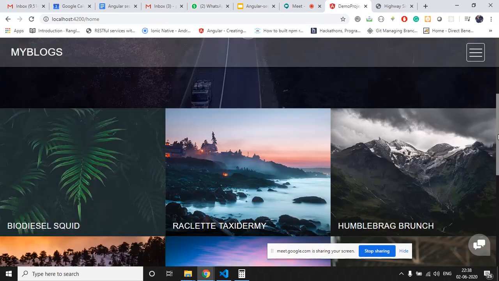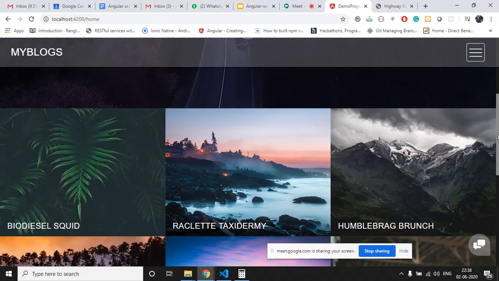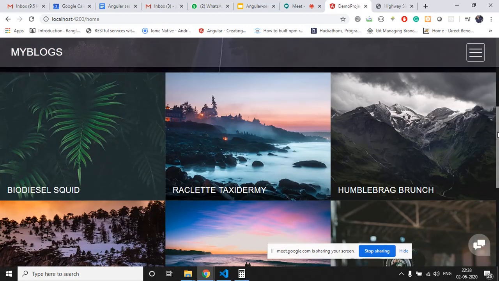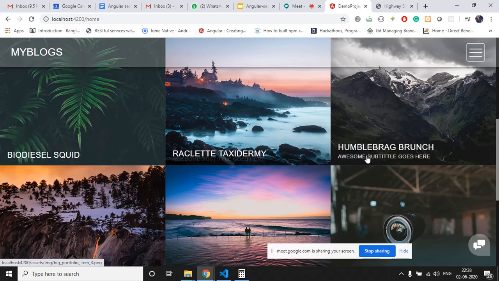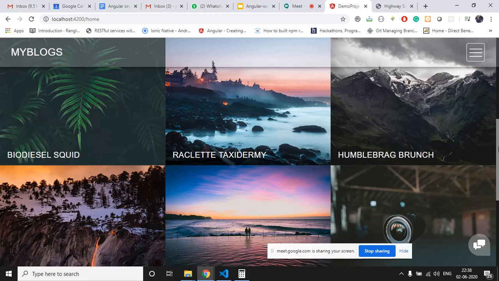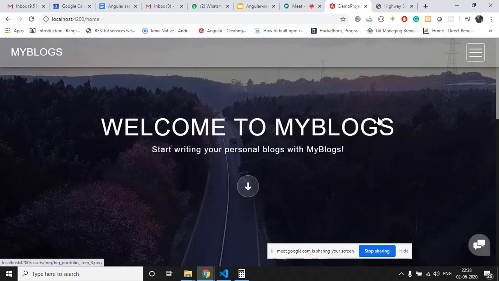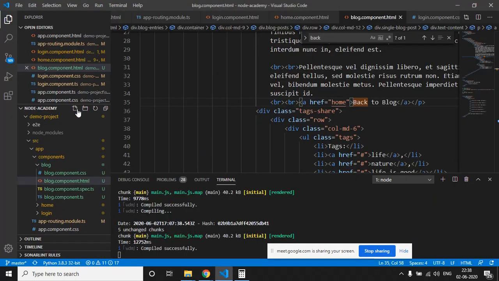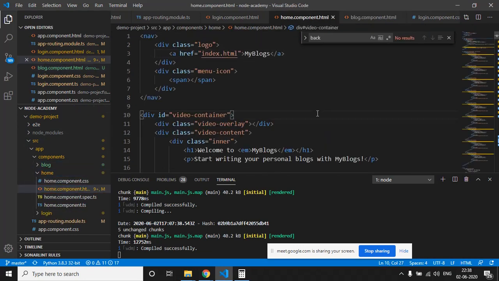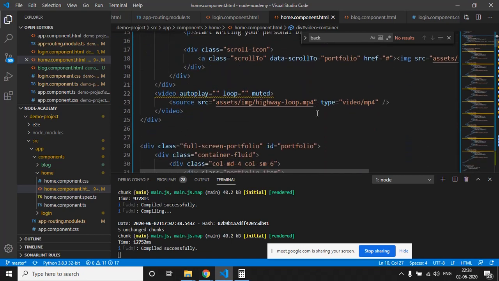Now what we have to do is go to that blog page when we click on these tiles, right? So we will do one thing in the home page. When someone clicks on this link, it should go to the blog page, right? So just go to the home page and see where the tiles are.